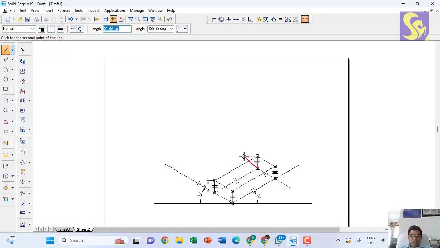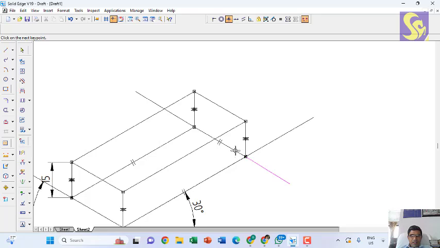It can easily be drawn. I will make them collinear. This line collinear to this line. This line collinear to this. So there is a mistake. Collinear. This collinear to this,